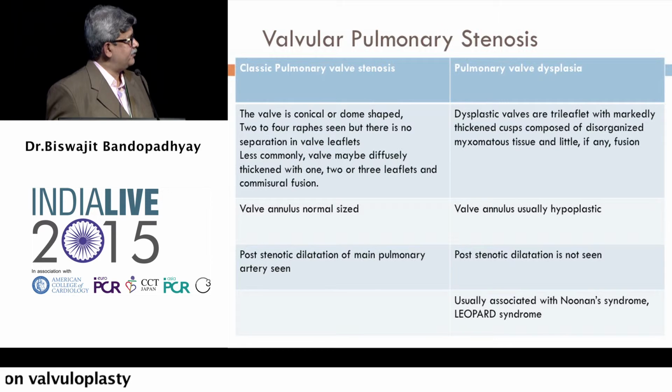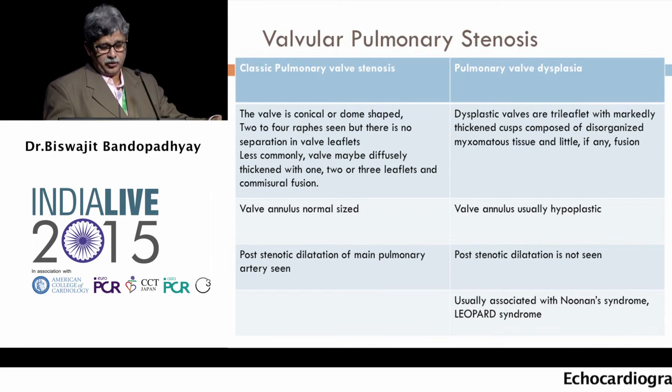Less commonly, the valve may be diffusely thickened. Valve annulus size is usually normal, and usually there is a post-stenotic dilatation. But in dysplastic valves, we have markedly thickened valves composed of disorganized myxomatous tissue. Valve annulus is usually hypoplastic. There is post-stenotic dilatation, and usually